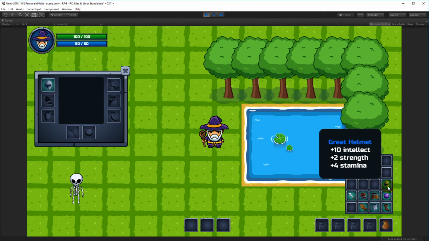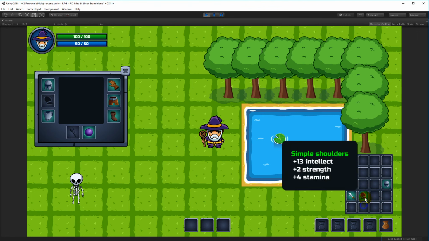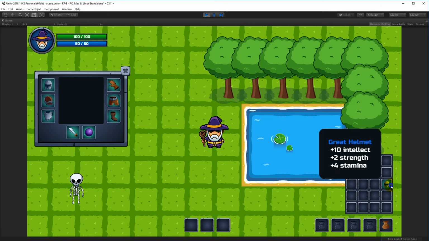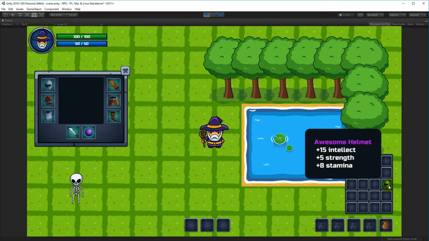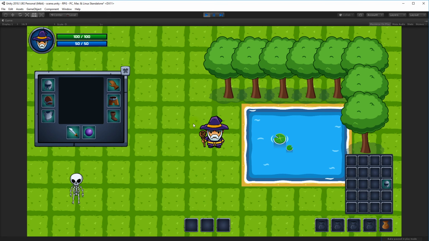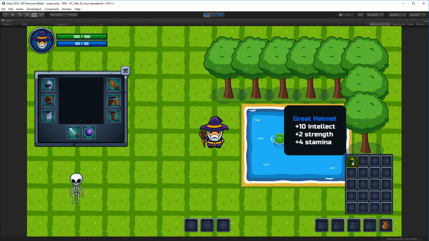And now you can see every time I right click, I'm swapping these two helmets out. So now I can actually swap items around by right clicking. If I have two equal items, it will simply just swap them around. Of course, there goes way more into it. We need to be able to see tooltips up here. We need to be able to click on these and de-equip them and make sure that it still works when we right click on something else and such. There are a few things we need to fix still, but